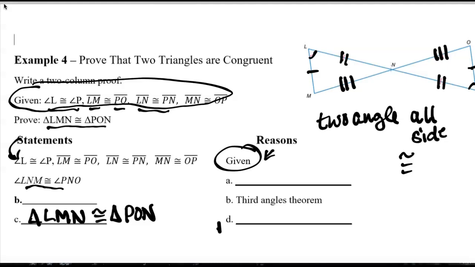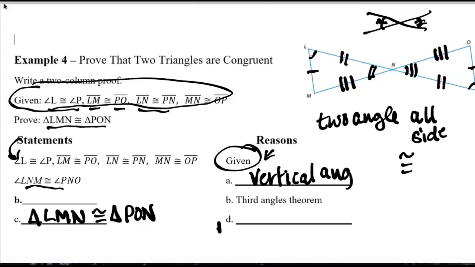Okay, so they give us a hint here. Angle N here and angle N in this direction. Okay, so think back to what's the relationship between two angles where these two things are congruent. Well, the definition right here is these are related because they are vertical angles. Alright, so since we know that we have the two angles, now we can say something about the third angle. Since we know that the two angles are congruent, the only thing left to do is to prove something about